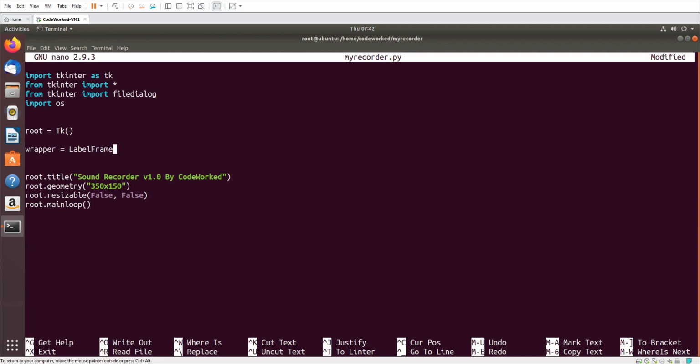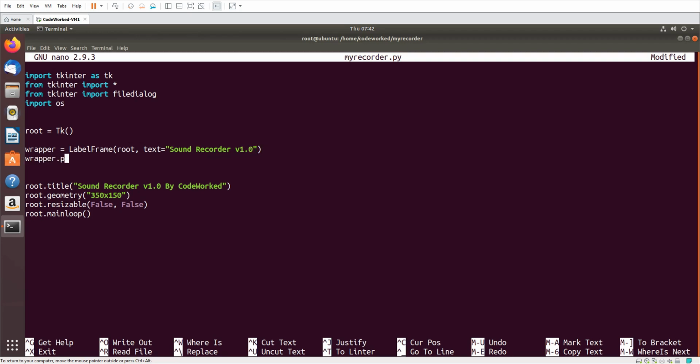Okay, so LabelFrame, root, text, sound recorder v 1.0. wrapper.pack, fill both, and expand yes, padx 10, pady 10.